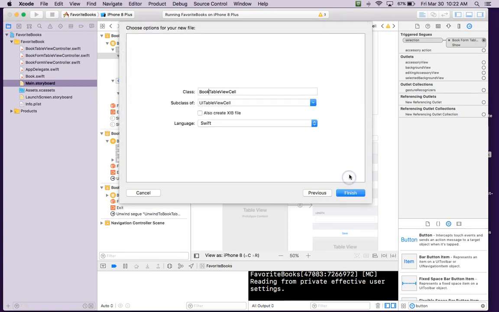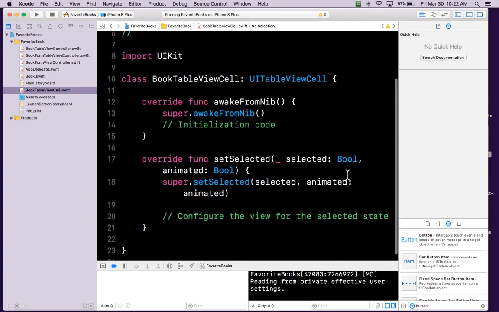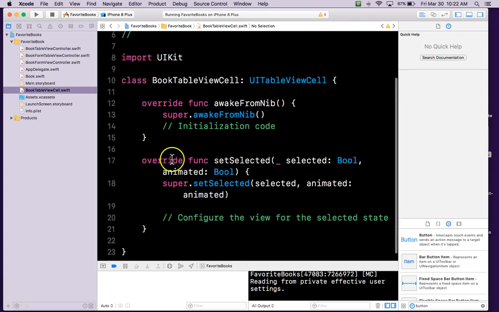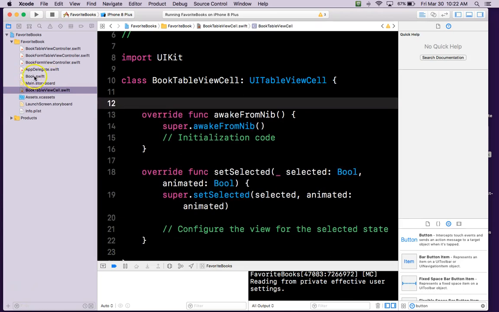Next. Yeah, it's a good place. Okay. Now it gives us some stuff. And now we got to make some connections as well. So again, let's do this. Let's go